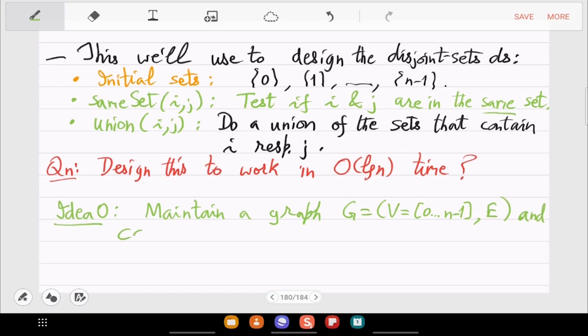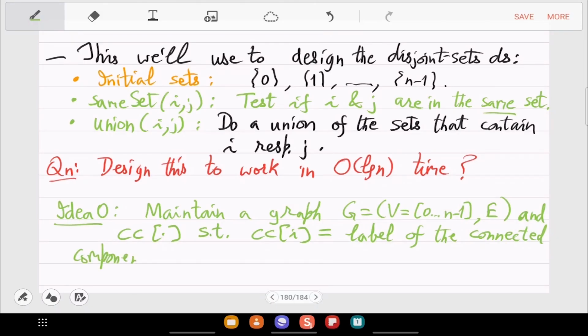So maintain a connected component array CC, such that CC[i] is the label of the connected component that contains i.